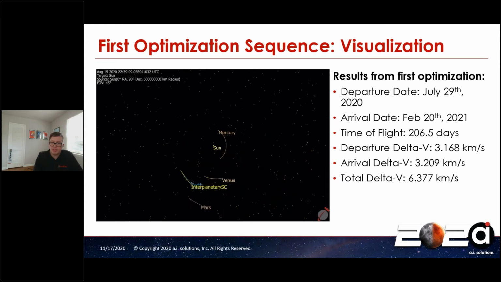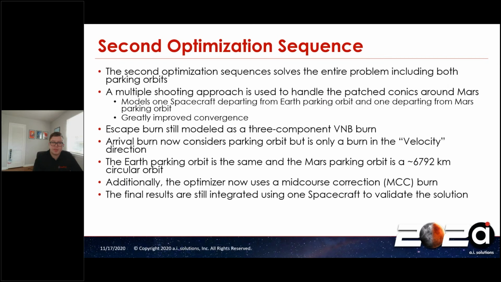So while we can already see optimization as an improvement, there's still a little more work we can do. And with that, we're going to add a second optimization sequence. The second optimization sequence is going to solve the entire problem, including both parking orbits. For this, we're using our multiple shooting approach that I talked about earlier, and this is primarily to handle the